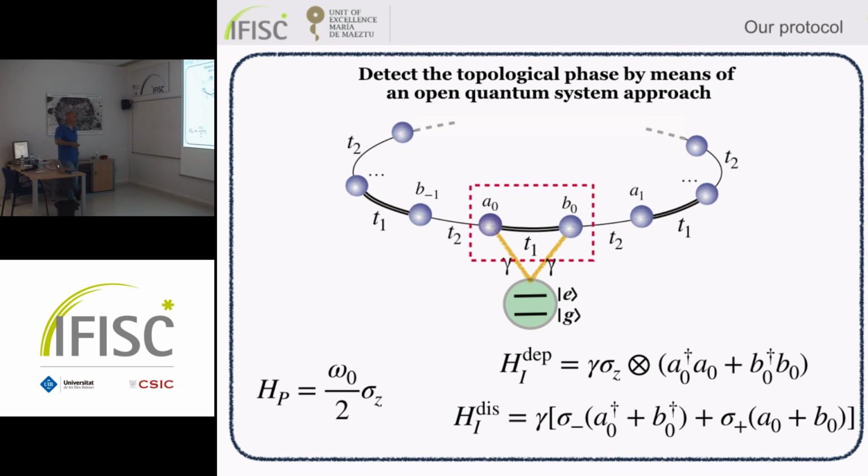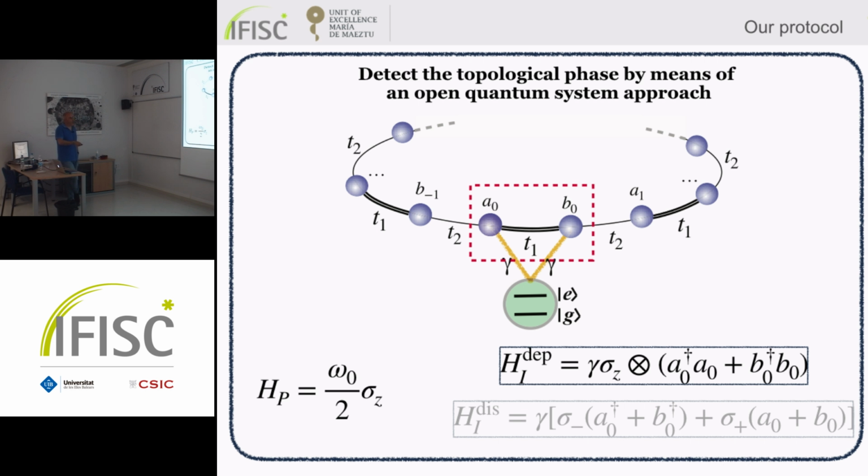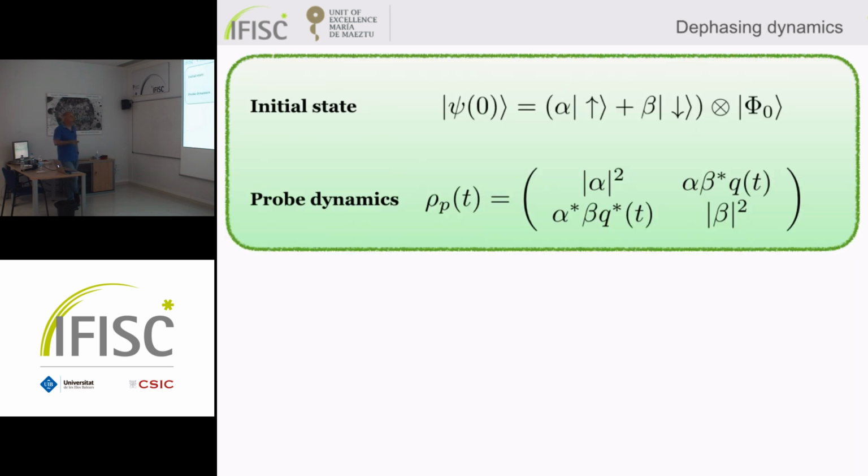Why is it called dephasing? Because, so let me start with this case. This case is called dephasing because if you take as initial, whatever initial state with some coherence for the probe and whatever initial state for the bath, the state of the probe evolves according to this rule. The populations are constant in time, while the coherences are affected by this decoherence factor. It's called dephasing because you have pure dephasing. You don't have any kind of exchange of population between the two levels. So the dynamics is all here in these factors.